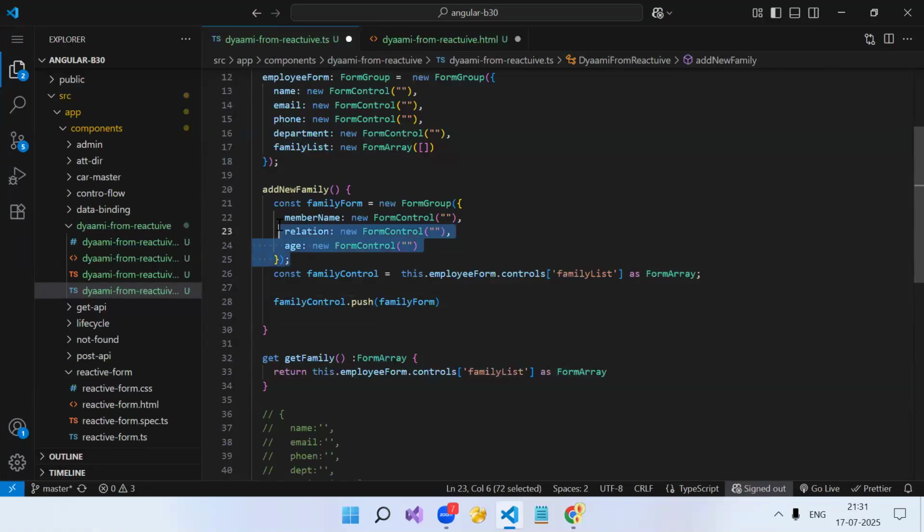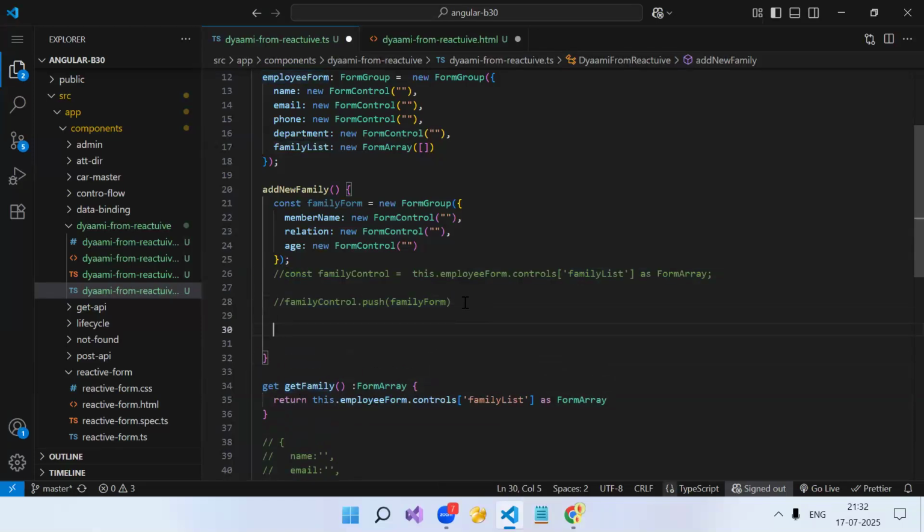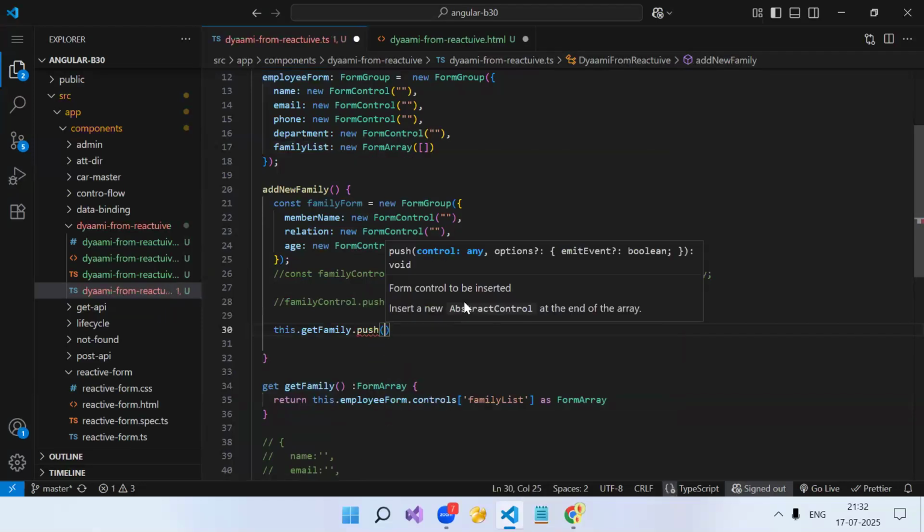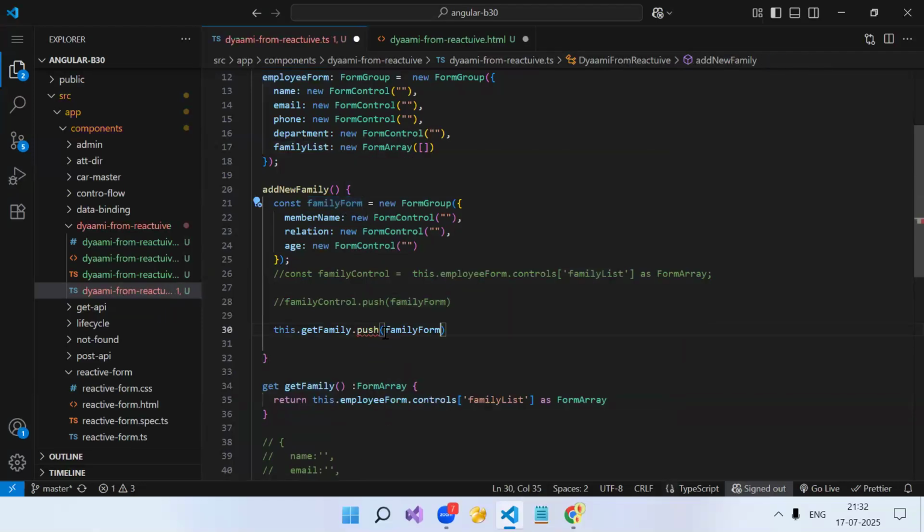Then the reactive form which we have created, that we are pushing to this particular control from our form group. Either you do it like this, or you can create a separate get method to just get the particular control from your employee form. Basically what we did over here is that you have moved it to a different function. So now this dot get family dot push, and you can push your reactive form.